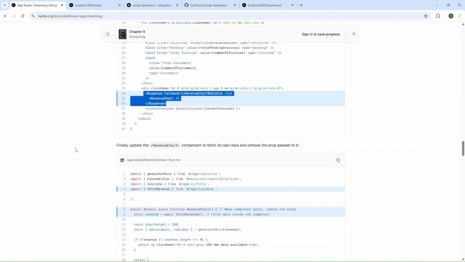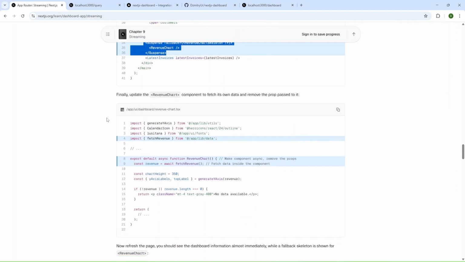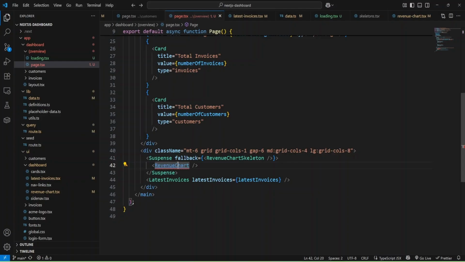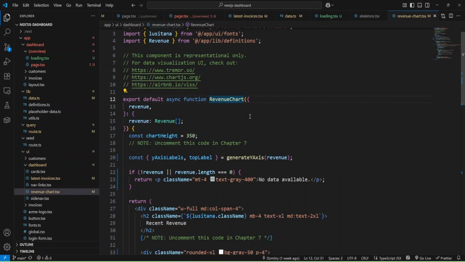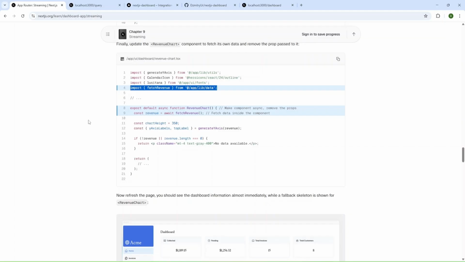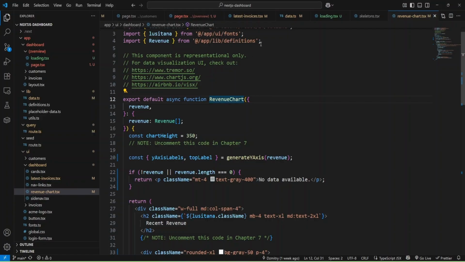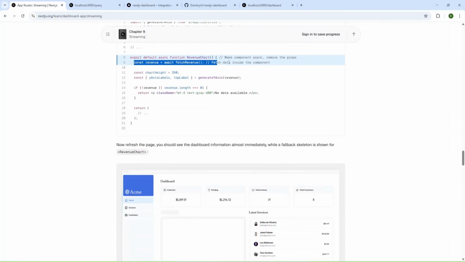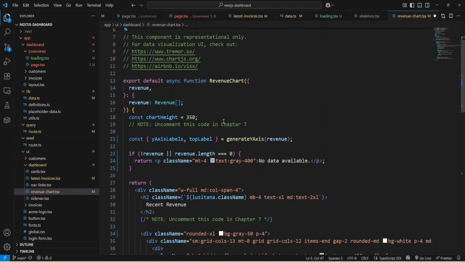Let's check. Okay, and we need to update revenue chart. Okay, and I'm going to do it here, and we need to add import here, and also add code to our chart.